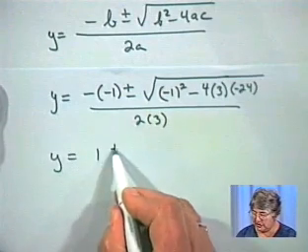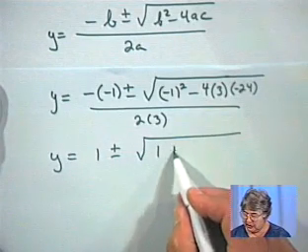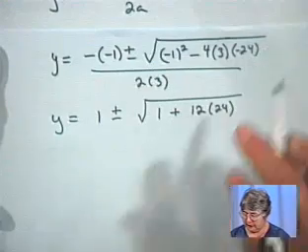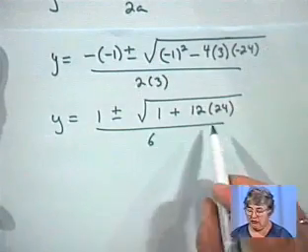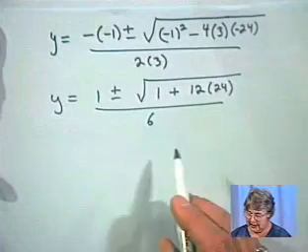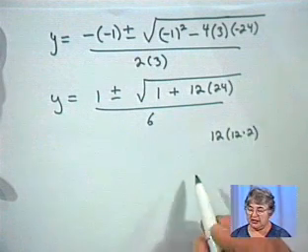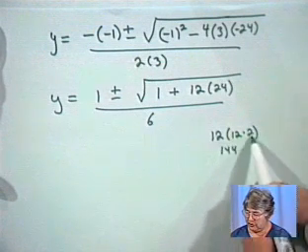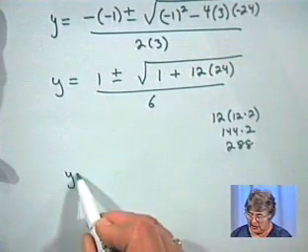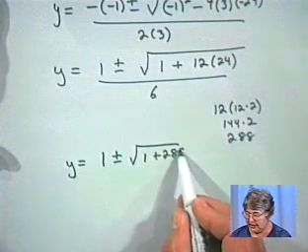y equals 1 plus or minus the square root of 1. And here we have a minus times a minus, which would be a plus. We're going to have 12 times 24. Now, I don't have my calculator here, but 12 times 24, we can multiply that thinking that that is the same thing as 12 times 12 times 2, right? But 12 times 12 is 144, times 2 is 288. So now we can say y equals 1 plus or minus the square root of 1 plus 288